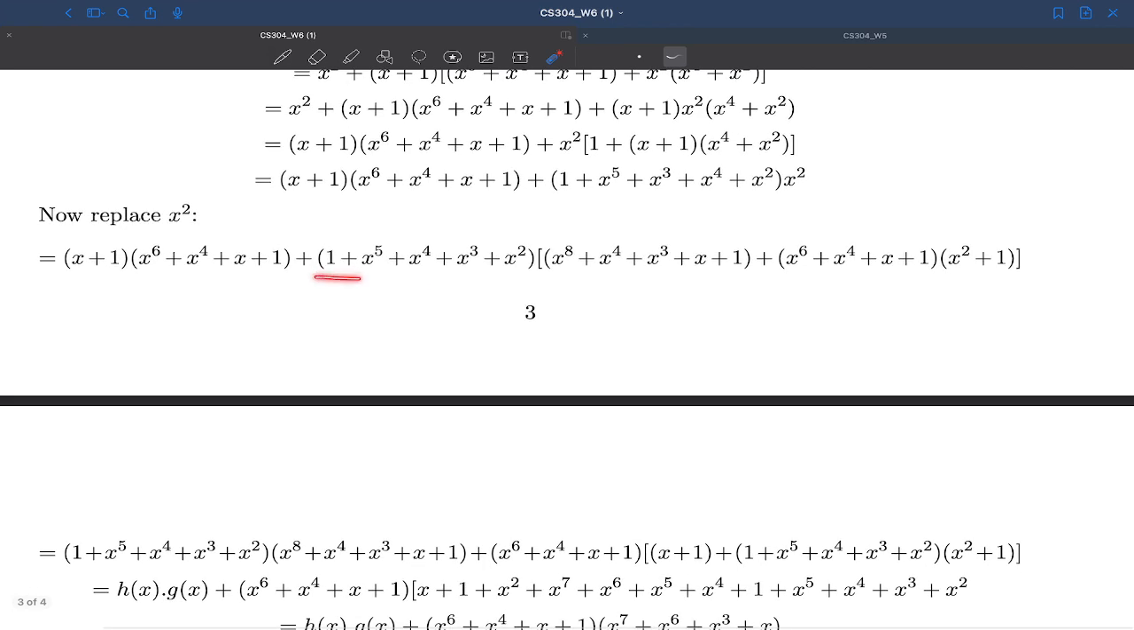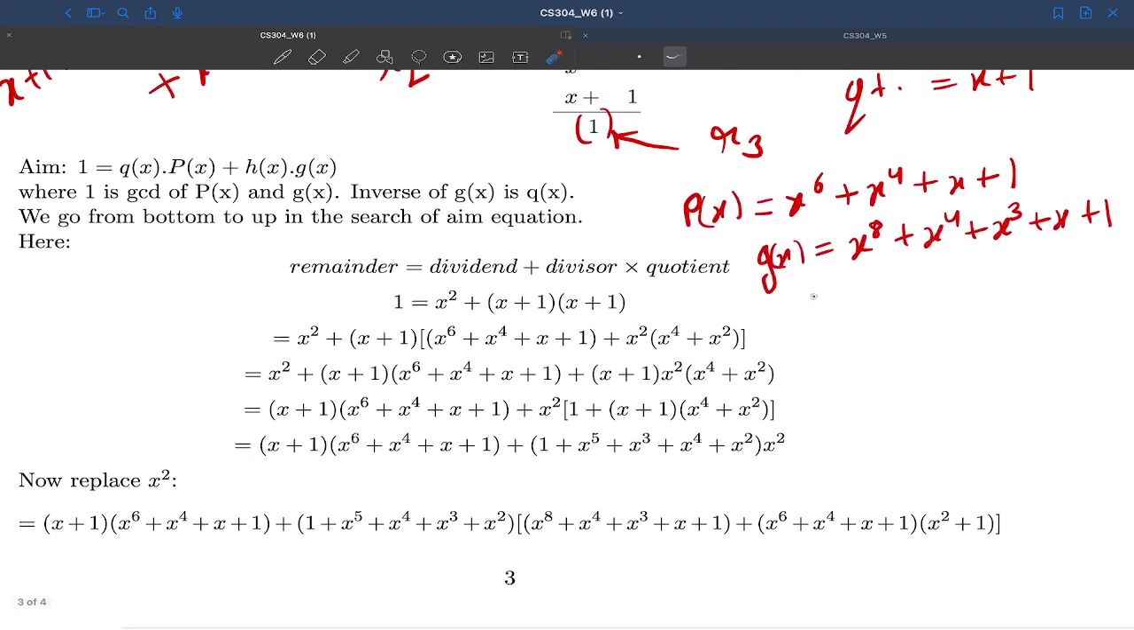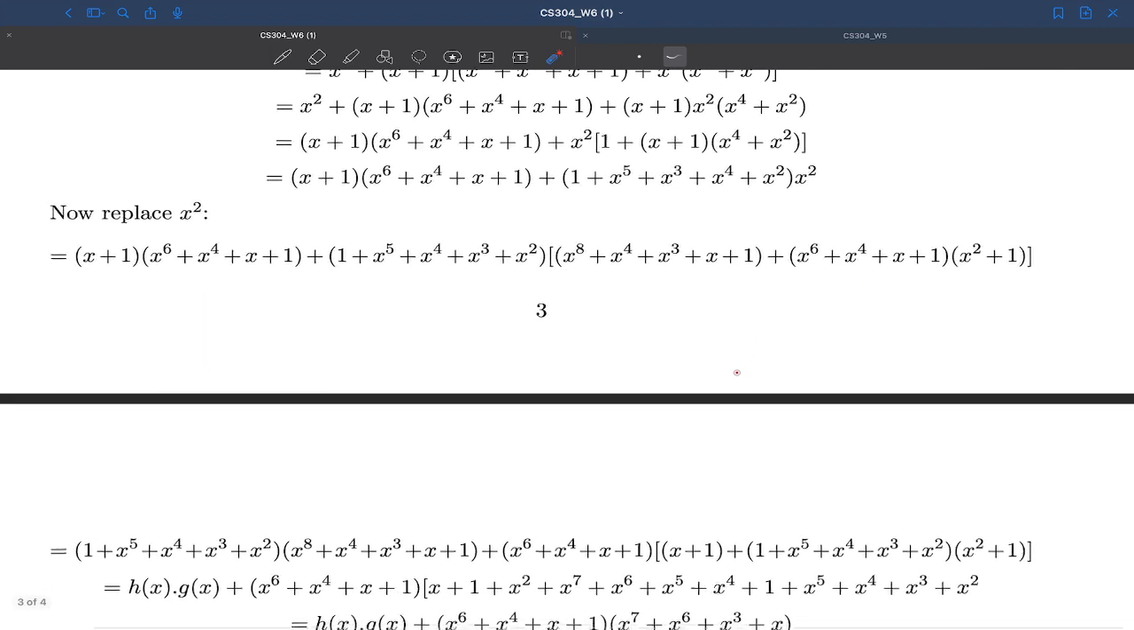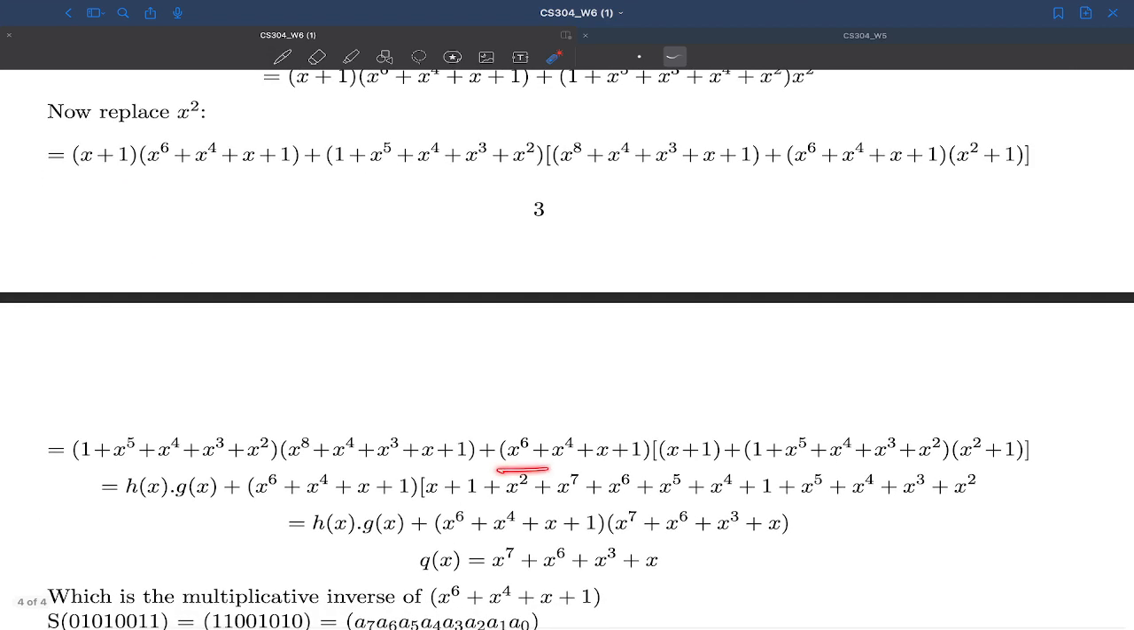So if I multiply this with this term, and P(x) is appearing here, P(x) is also appearing here, P(x) is x^6 + x^4 + x + 1. P(x) is appearing here. So let's take this as common. One thing that is common is x^6 + x^4 + x + 1, that is, x + 1